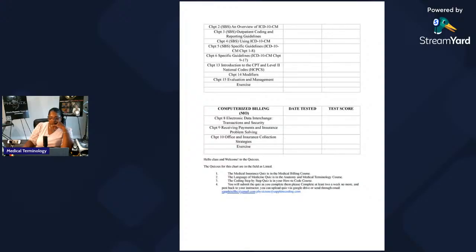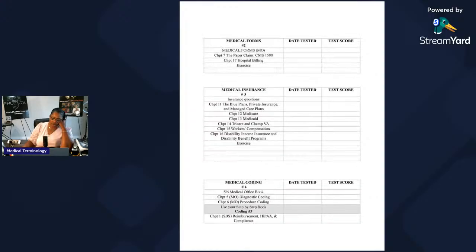Okay, this is the computerized course. This is what I used to give my students that are in house. Sapphire gets this. This course is teaching them how to do EHR. I don't know to what extent YTU is. If you send me an email and you want to know how to navigate through EHR or EMR, let me know. We work with Metasoft. I'll show you how to navigate and what those things are. But again, that's not for YTU. But if somebody here asks me, of course, I'm going to show you what it is. But you have to register for the class in order to get that. So I do teach the girls how to do EHR.